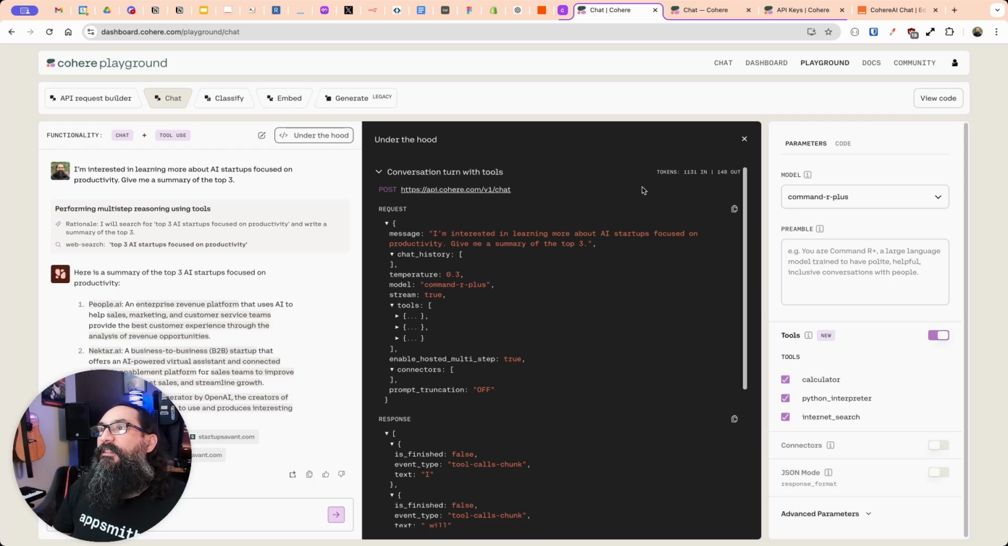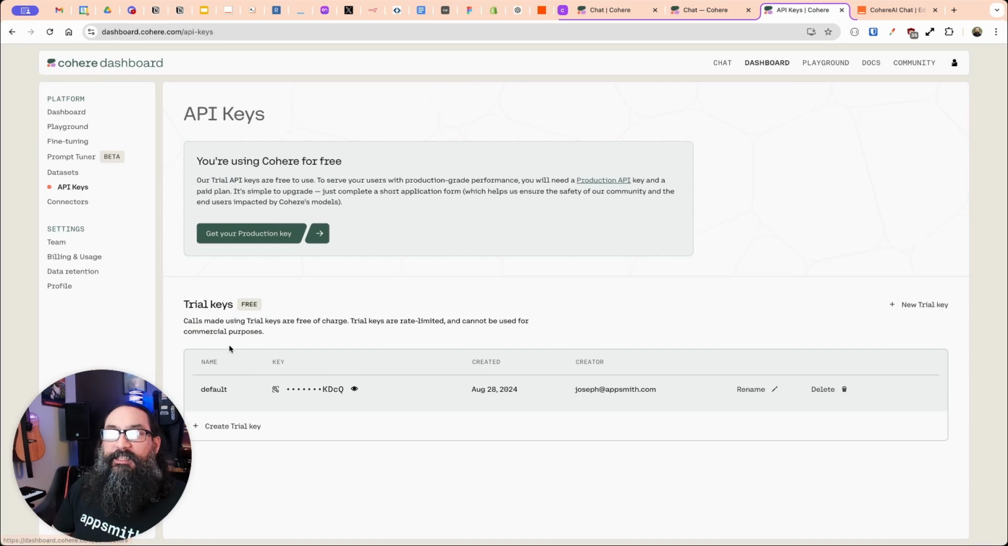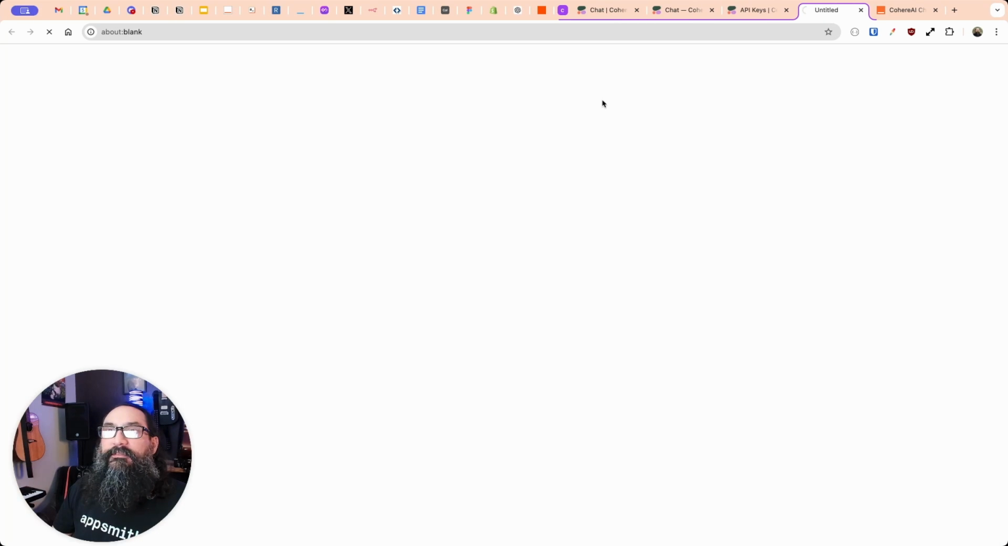So let's look at the API docs now. I just wanted to show this interface on the playground and the under the hood thing here first. You can get your API key as soon as you log in. You'll already have this trial key created, and it's rate limited, but it is free. You'll want to upgrade and get a production key when you're done building, but this should be enough to at least get you started. So you can copy your key right here, and then we'll go to the API docs,